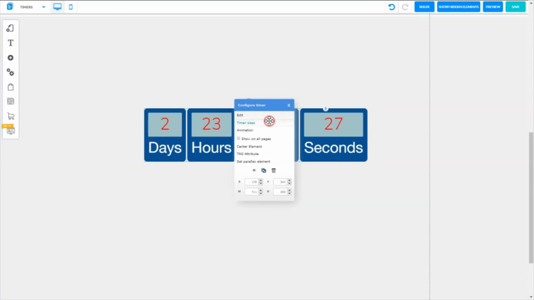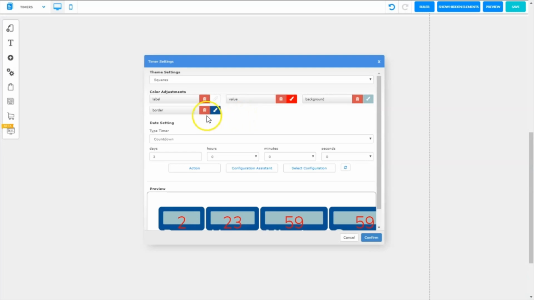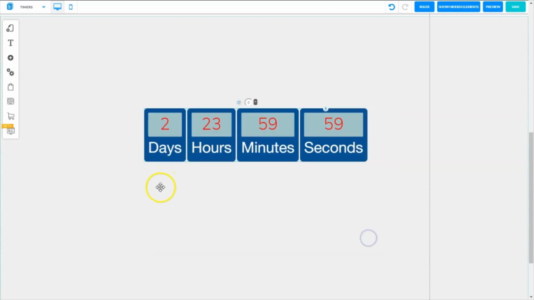So we'll right click again, come to the edit function. Let's talk about the evergreen. And in the evergreen, you can set the days, hours, minutes, and seconds. So let's go ahead and set it again to 3 days. Keep in mind, you can always create as specific down to the second time. When you choose evergreen, let's confirm it, and you'll see it starts counting down just like before, only this one,